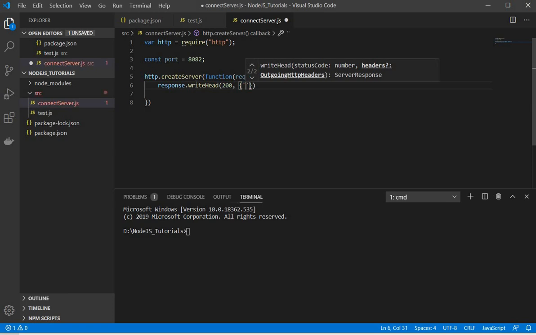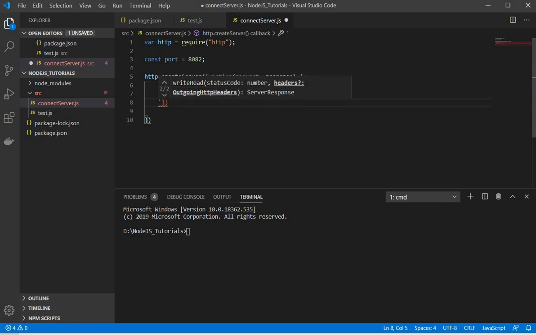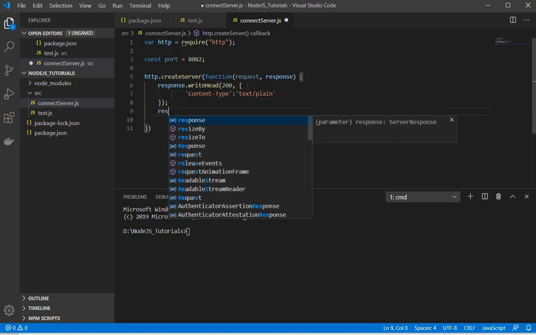So it should be in key value pair. So I will show you. Content type, it's a key value pair like JSON. So it should be, let's say, text and plain. Yeah. Now once I have this, what I need to do is I need to write what I wanna display